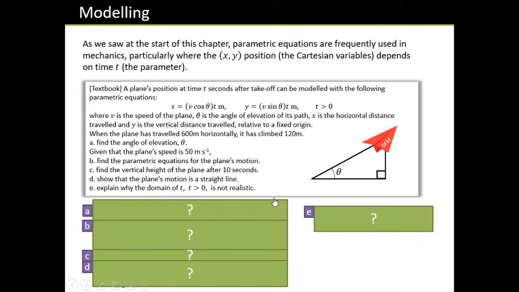Now, just like all videos you're watching, what I really recommend is pausing, having a go, thinking about at least what you would do for each section before you click play again. So you might want to have a quick think about what you would do for finding that angle of elevation,